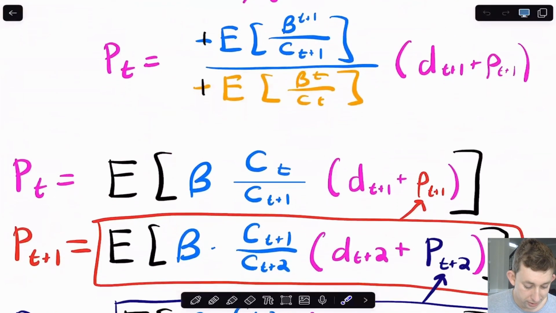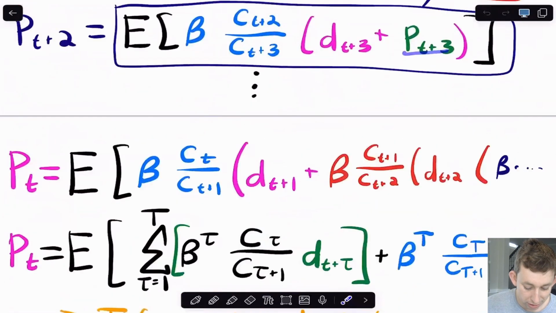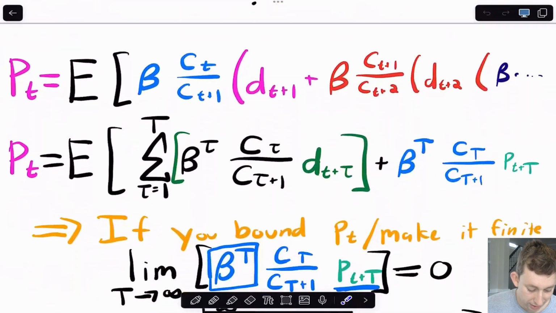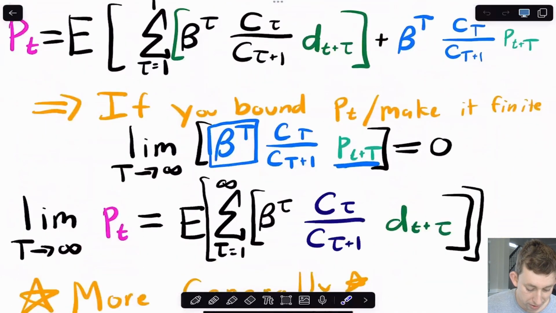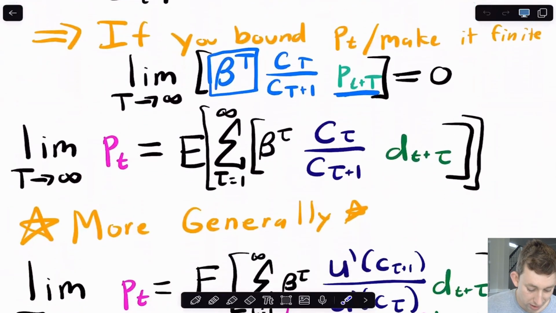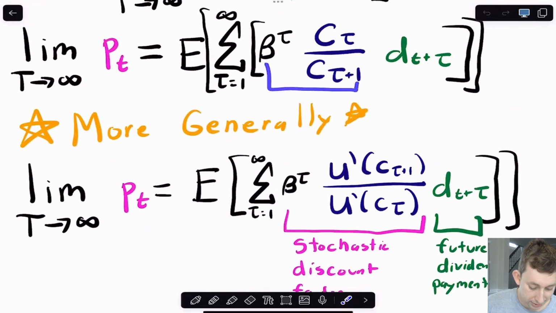complicated. And the reason it started to get complicated is because the price today was dependent on the price tomorrow, which was dependent on the price after, which was dependent on the price after. So we had to do a bunch of substitution, and it went on and on and on. And then we combined that into a summation. We took the limit as t went to infinity. We said that if we bound P_t, you can eliminate the last part. And so we found this lovely function for P_t, which was basically the stochastic discount factor times future dividends, all